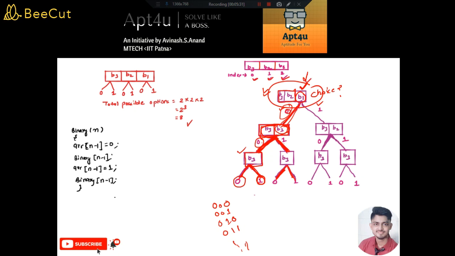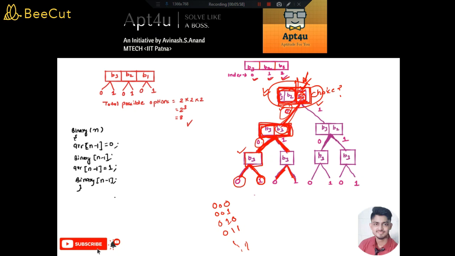Then I will consider the problem to be of size 2. Initially the problem size was 3 because I have to deal with 3 bits. Now since I have already assigned 0 to the first bit, this task is over. Now I have to deal with 2 bits. So again I will call the function and pass n equal to 2, because I have to deal with 2 bits.